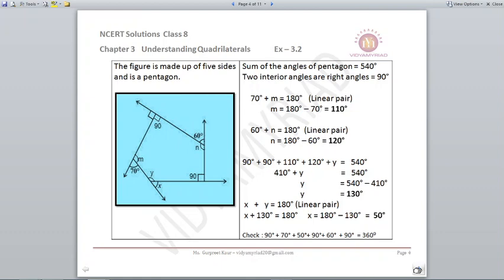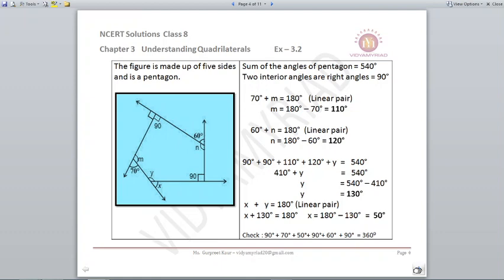Next figure, over here we have a figure which is made up of 5 line segments, and the sum of its angles comes out to be 540 degrees. We have learned how to find the angles in the previous exercise. We know (n minus 2) multiplied by 180 is the formula. Apply that, you will get the angle sum of a pentagon as 540 degrees. Now, we need to find out x over here. Let us see how it is possible to find x.